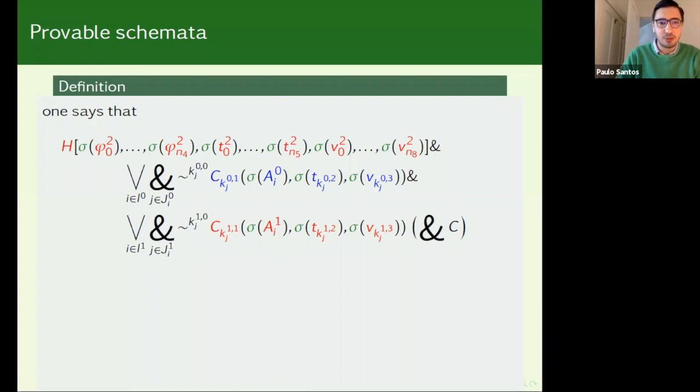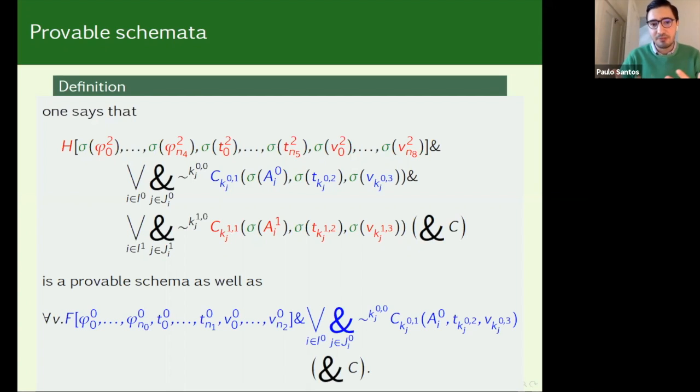So this is a generalization of modus ponens. In the previous condition, sigma of H is provable. Of course, one needs to account for the syntactical conditions from the red part, and then we add the syntactical conditions from the blue part, and we are also allowed to add some other conditions if one desires to do so. This is a provable schemata that corresponds to a generalization of modus ponens. The generalization rule, to use a bad choice of words, is simply starting from the blue one, placing a universal quantification, and again we are allowed to add some conditions. Okay.